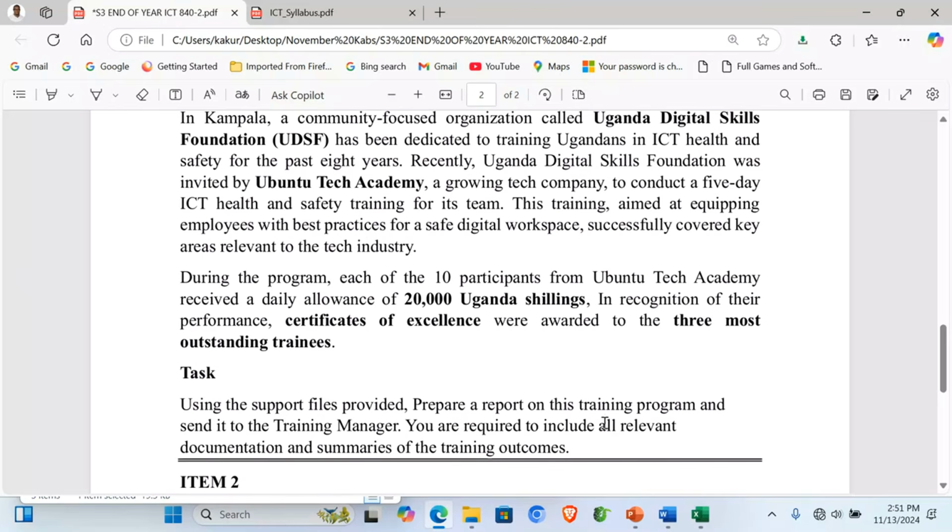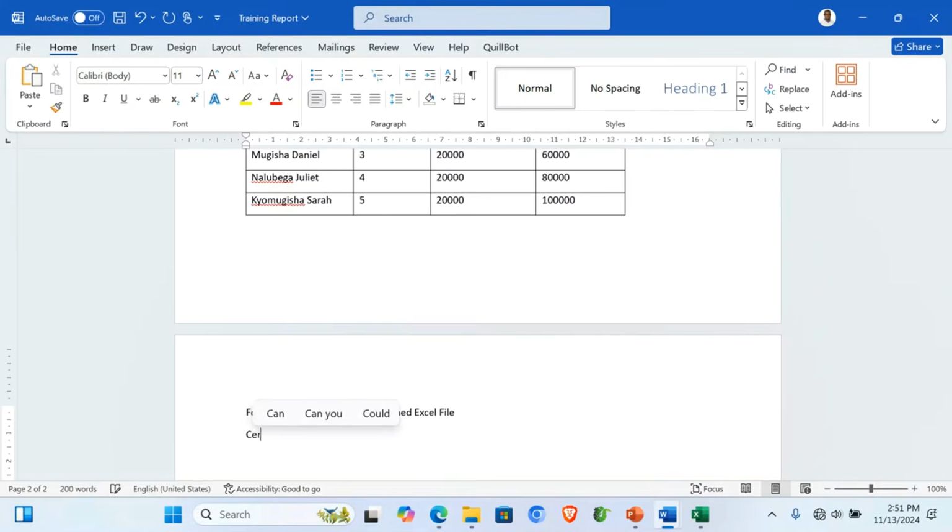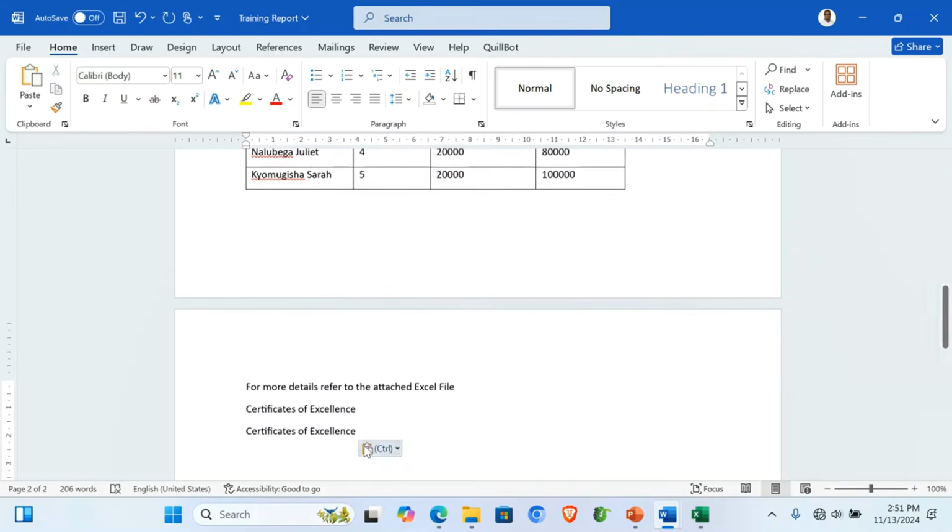Then they talked about certificates. Okay, so we can say maybe certificates of excellence. So here we can say certificates of excellence were awarded to the top 3 participants,